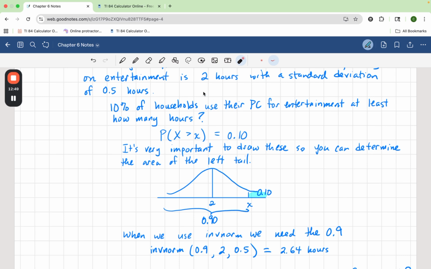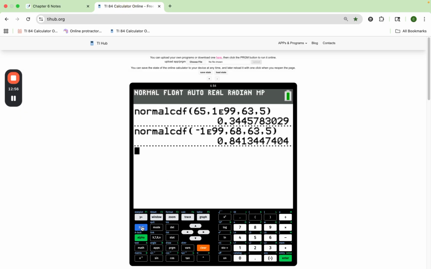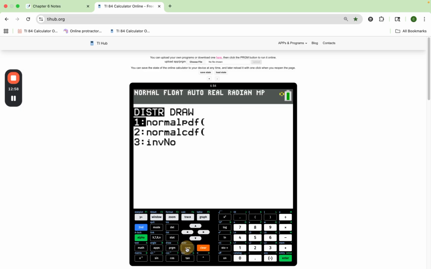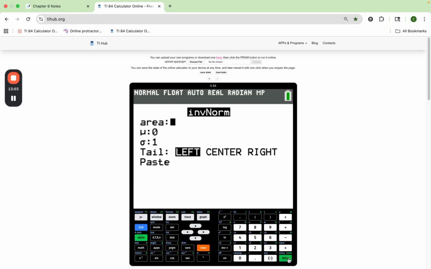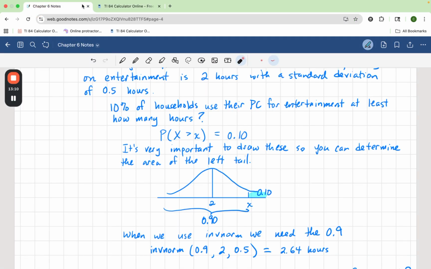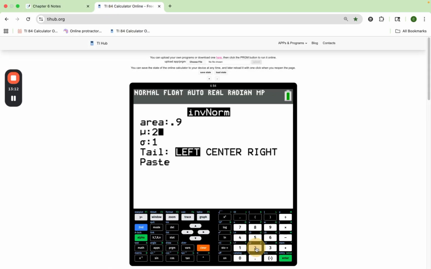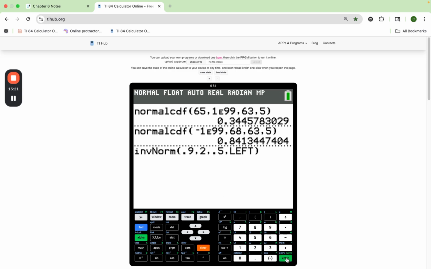You're going to see on these new calculators that I am just going to leave it anchored on left tail. All right, so I'm going to use left tail all the time. Feel free to use right tail or middle if you want. So here we go. Inverse norm. The area is 0.9 to the left. The mean was 2, and the standard deviation is 0.5. So then I paste it, leaving it on left tail, and I get